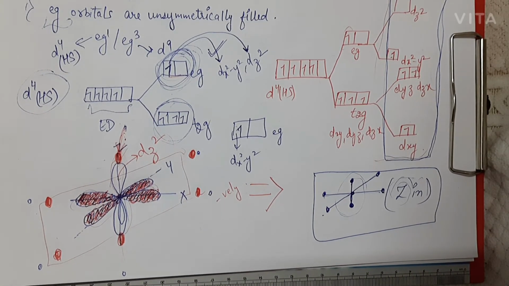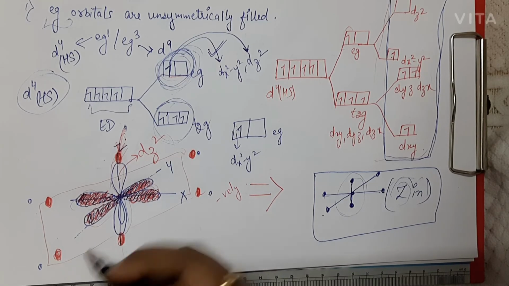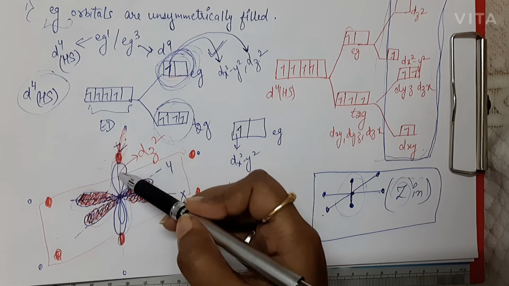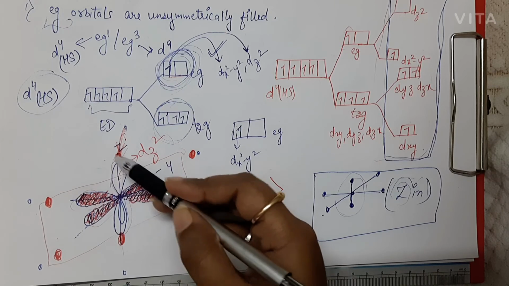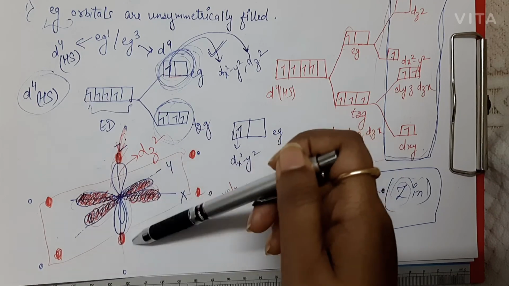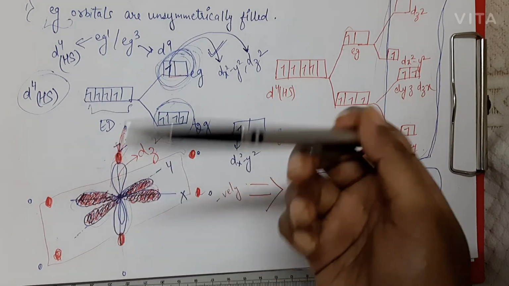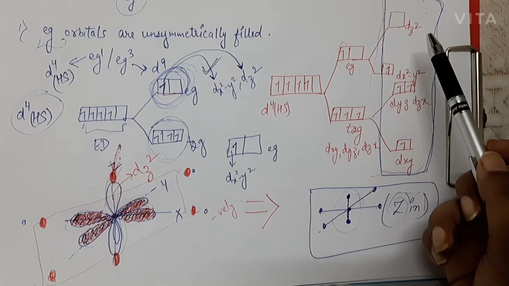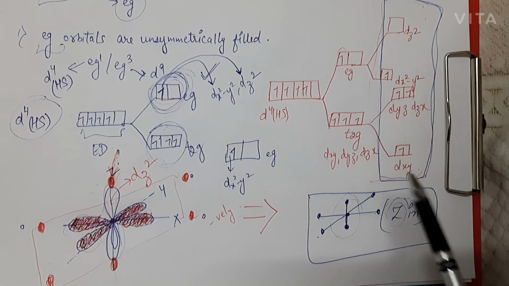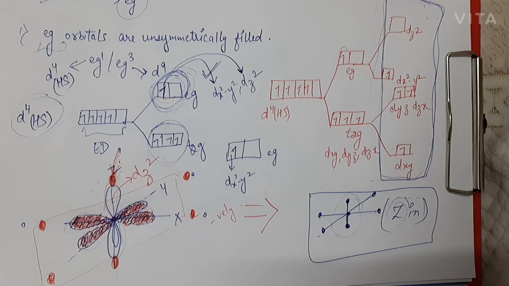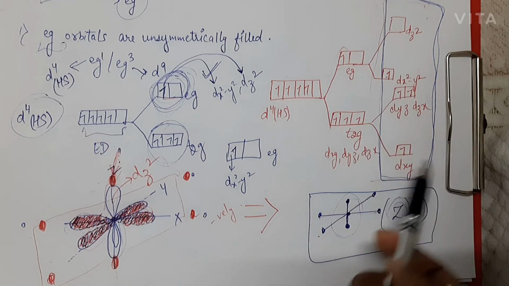So I hope this part is clear. The main point here is that because the ligand has approached the orbital very nearly, due to these interactions the orbitals which are along dz square, along the z axis, have increased energy, because of more interactions with these negatively charged ligands. That's why there is an increase in energy of dz square here. Similarly for the case of dyz and dzx. Basically the orbitals present along or around the z axis are going to have an increased amount of energy. So that's why this kind of splitting happens.